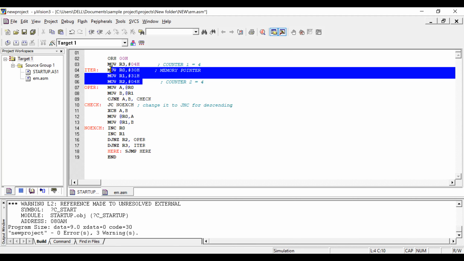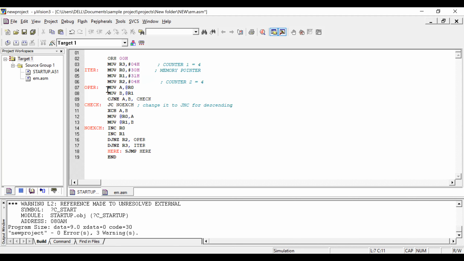So after initialization, here I'm going to move my first data at R0 to accumulator. What is the data at R0? That is at 30H. What is my first data? 05.